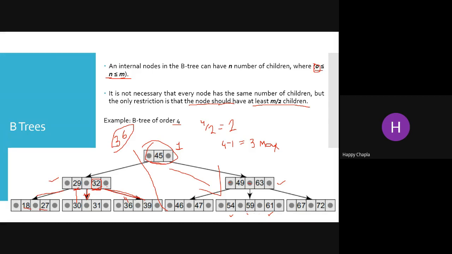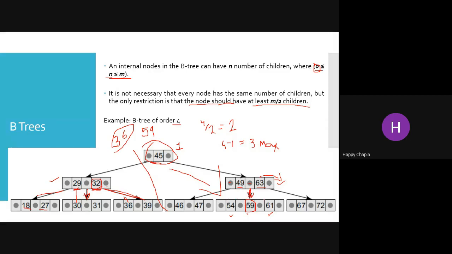Now if we want to find 59, right? Now we are trying to find the 59. So 59 is greater than 45, so go over here to the right node. Is my 59 greater than 49? Yes. So we have to check over here. But is my 59 less than 63? Yes. So in between your 49 and 63, maybe your 59 is present, because 59 is not over here after 63. Okay, so 49. Now check over here in this tree.